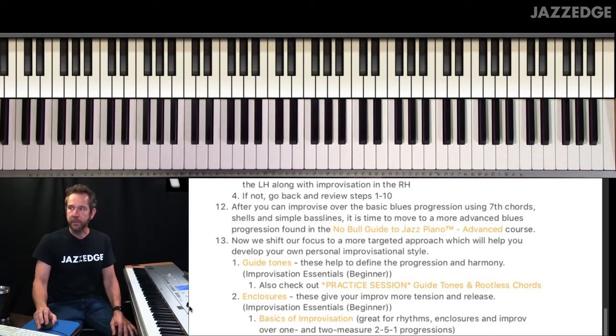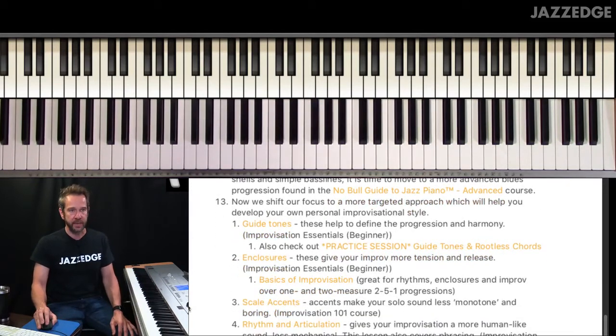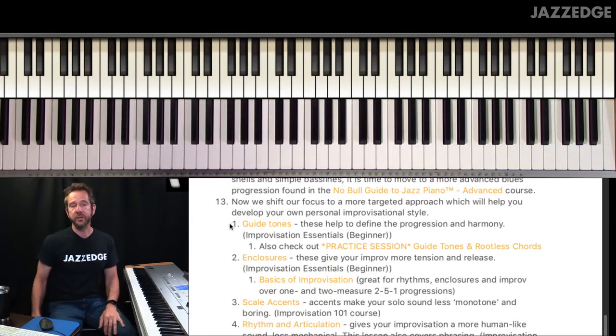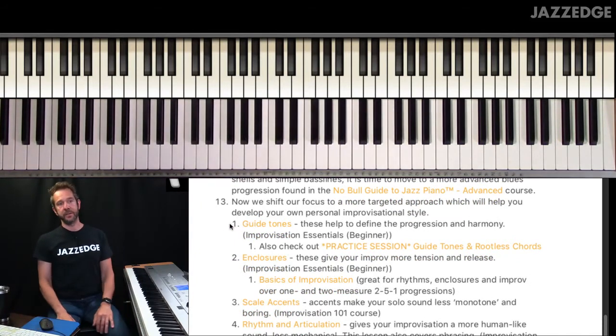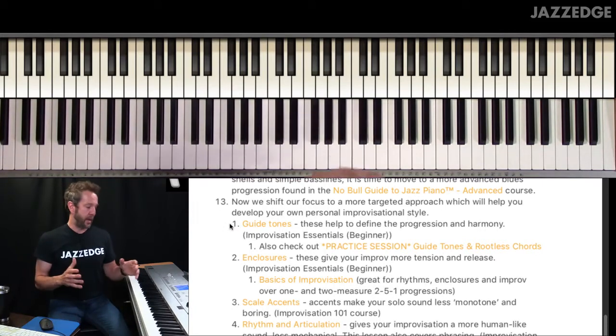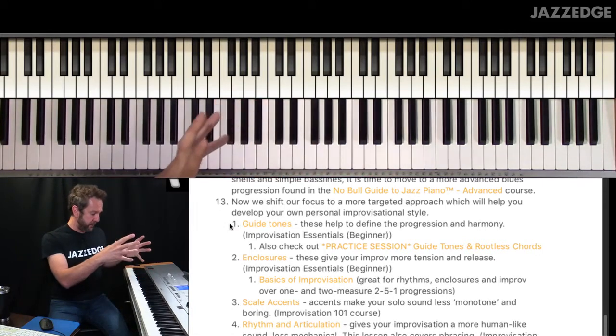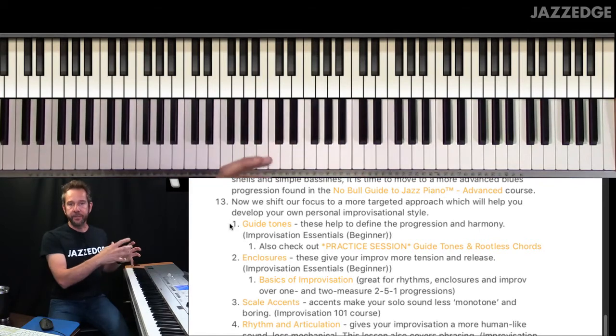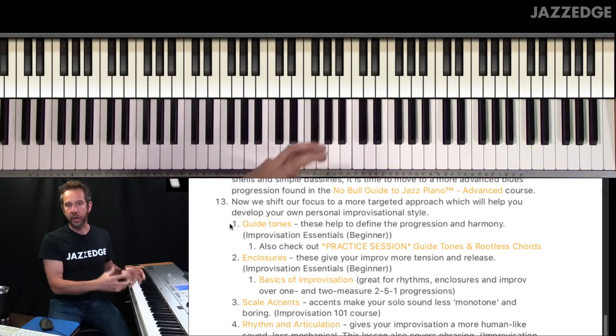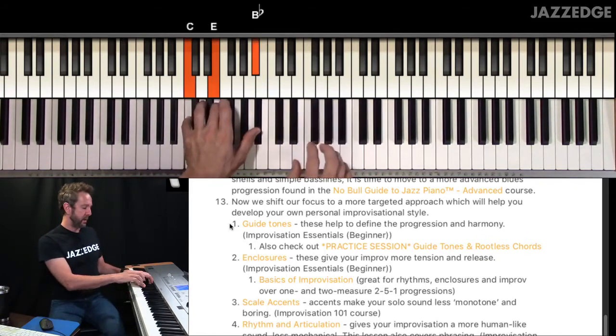So in order to shape your improvisation, there are basically 4 things I would suggest. Number 1, you want to understand and start to utilize guide tones, right? So they help you to really lock in and define the progression and the harmony, all right? So that means